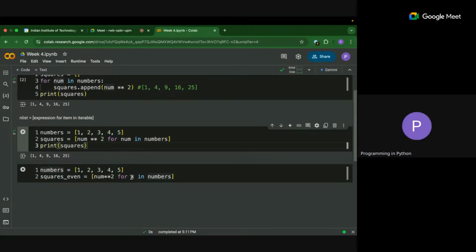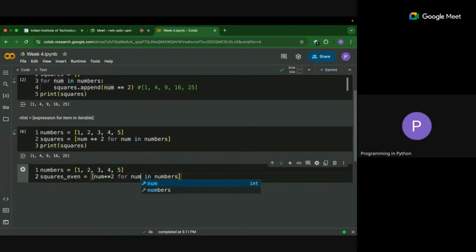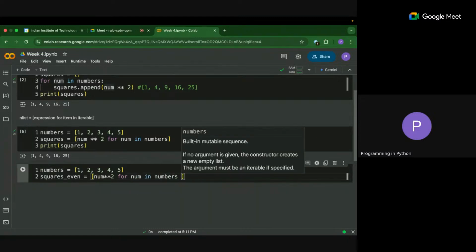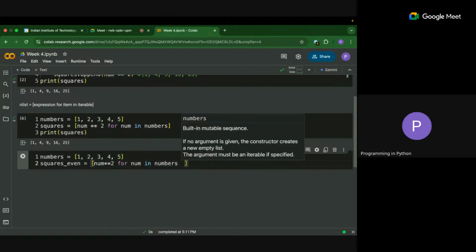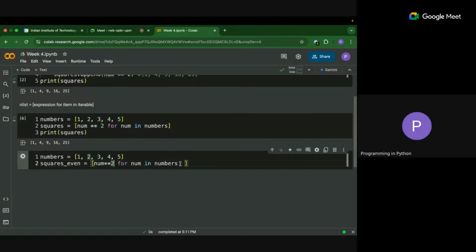So now, if you want to add a condition, if I want only those numbers, the square of those numbers which are even, in that case, you can add a condition here: num square for num in numbers